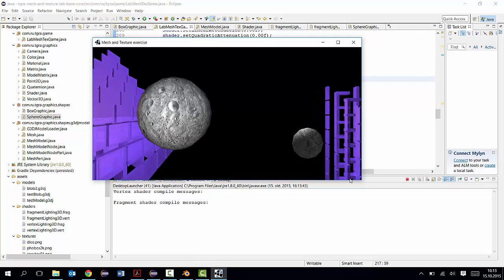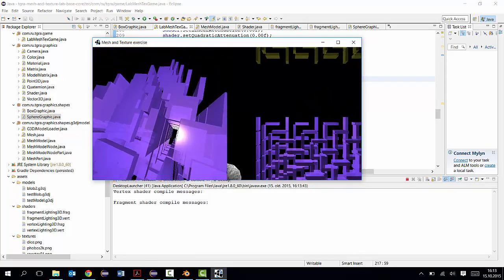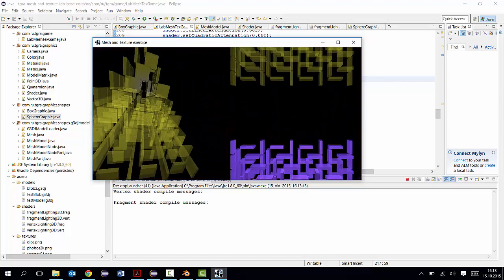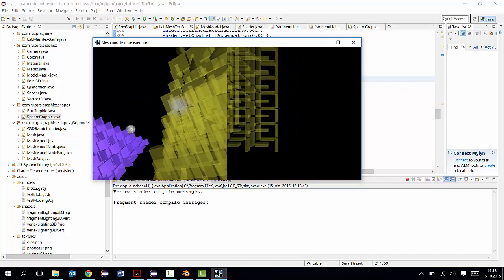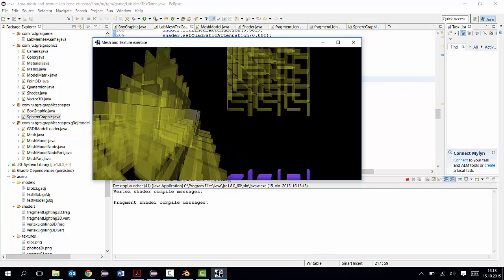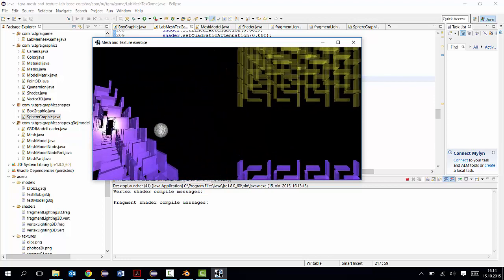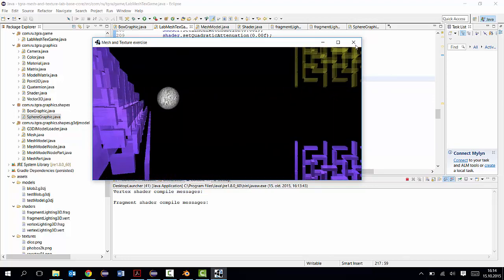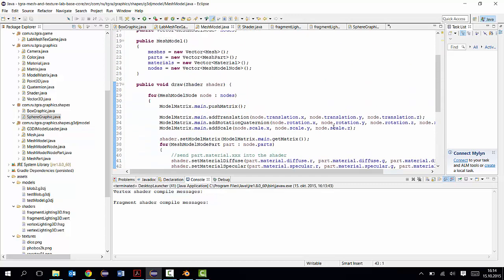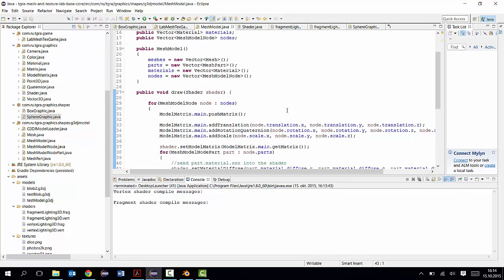I can see this is completely solid. This is a little bit see-through. But this one is very see-through. So now we have different alpha values for different objects that we're drawing by using the alpha value of the diffuse material. You can also just use a specific opacity value, where you can take the opacity from the file, for instance. If we now go into mesh model here and we go ahead and we say